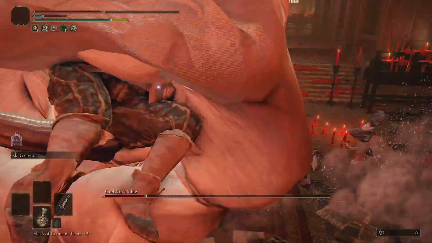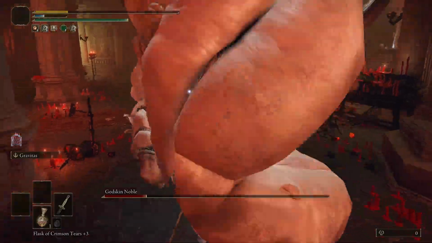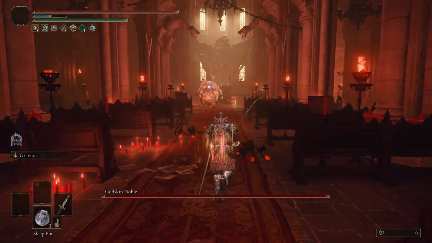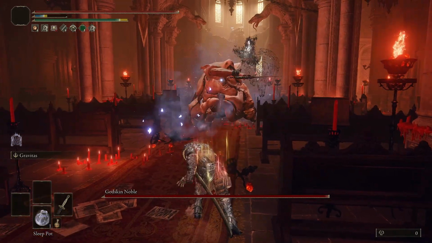I panicked a lot and rolled in different directions, timed incorrectly. Basically, he just finished me off. Now, what is the correct way to do it? Basically, you're just chilling, you're going close. Don't throw potions like me, get a little bit closer, throw one potion,